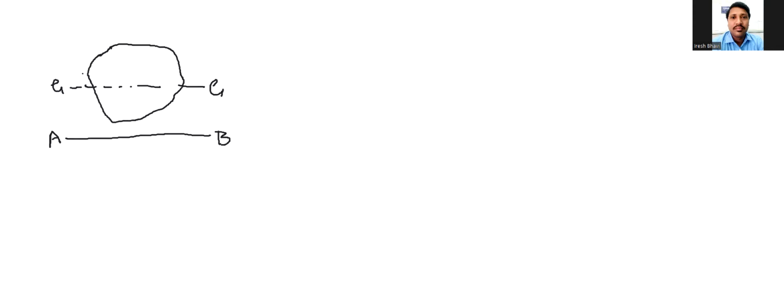then by using the parallel axis theorem, if we know the moment of inertia of this area about the centroidal axis GG, we can find the moment of inertia of this area about the parallel axis AB. In order to do that, it is required to transfer the moment of inertia from the centroidal axis to another axis AB which is parallel to it. Then the statement is like this: